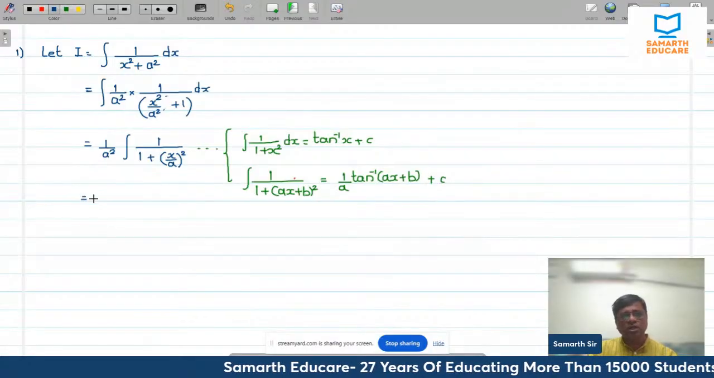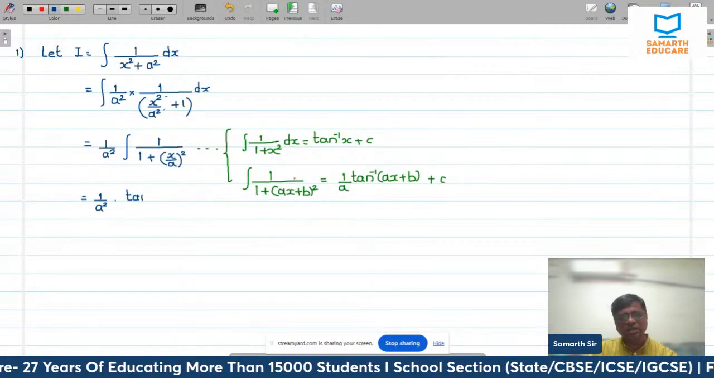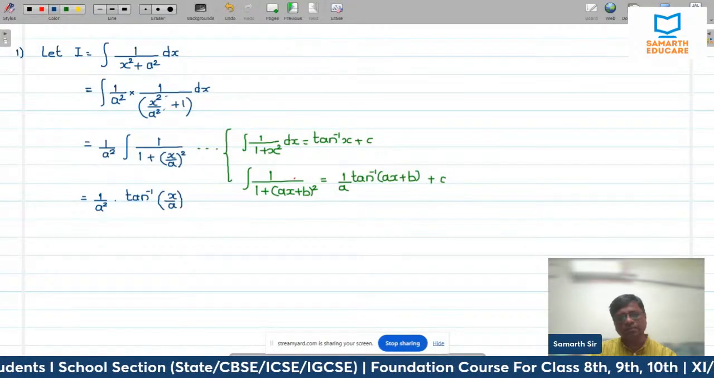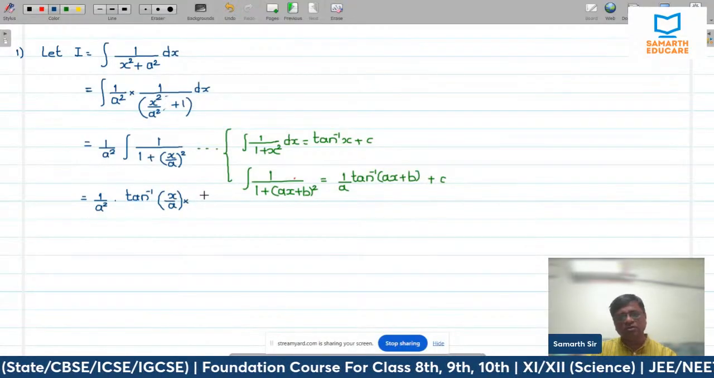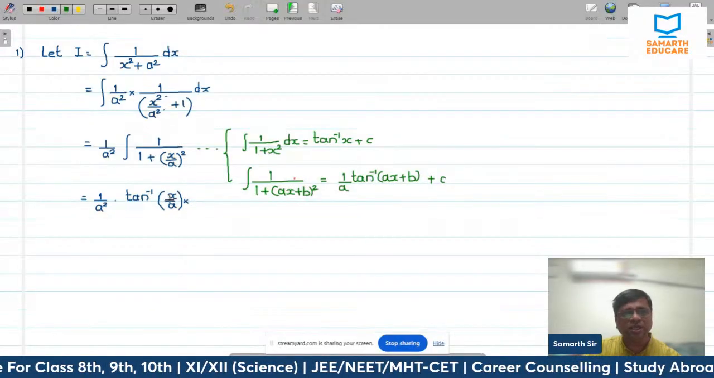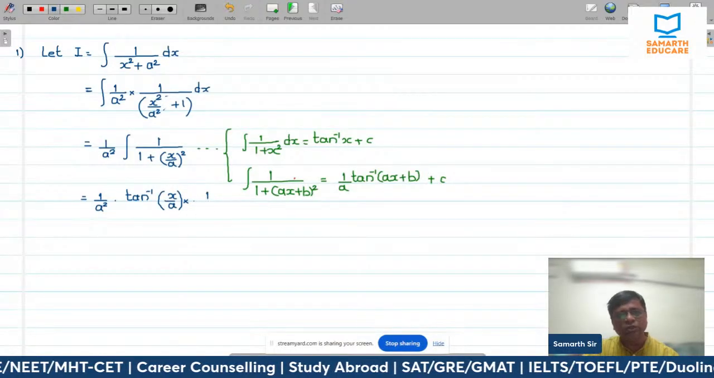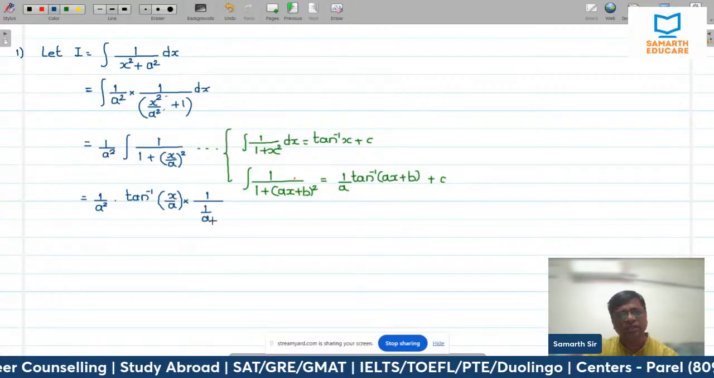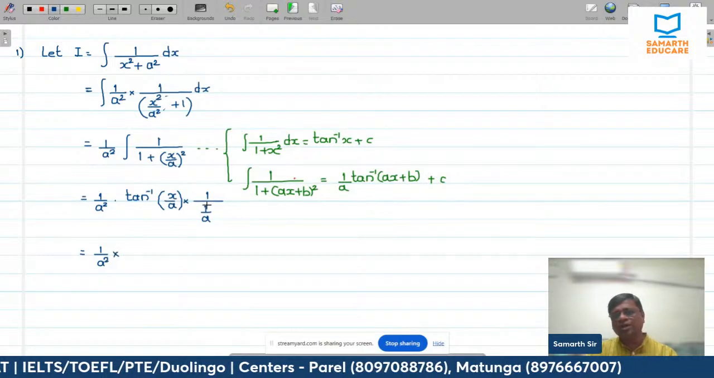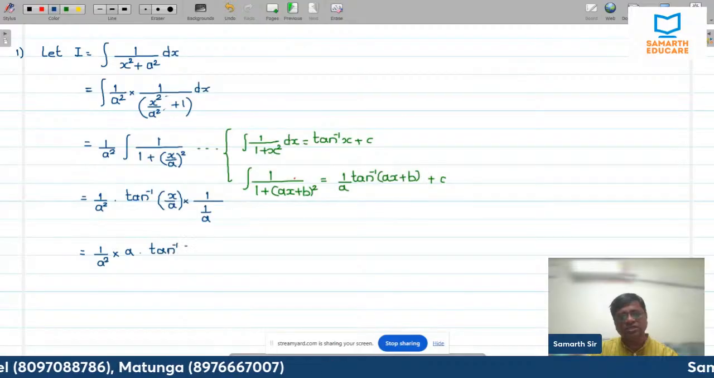Now this is 1 upon a square. Okay, remember this is tan inverse x upon a, correct, into, now remember we have to divide by the coefficient of x. Now coefficient of x का मतलब क्या है? x के साथ जो है, x के साथ क्या है? 1 upon a है. So I have to divide by the coefficient of x, which is 1 upon a. Now this is equal to 1 upon a square. It is 1 upon a, that means 1 upon a का reciprocal, that becomes a, tan inverse of x upon a